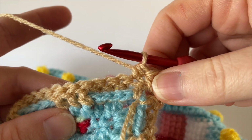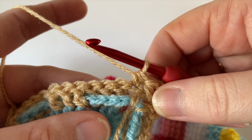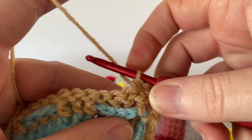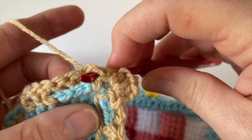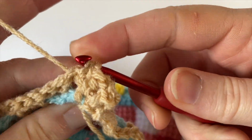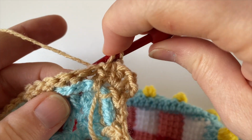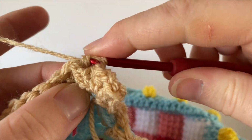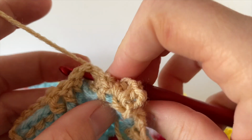And now we're in the right place to carry on with our raised stitches. And so now we do 1 raised treble back as a back post double crochet around each of the next 3 stitches. So just like before, around the post of that stitch, working a treble US double crochet. So that's 1 from back to front, round to the back again. That's 2, and this one here